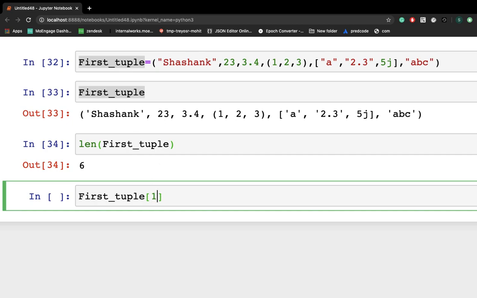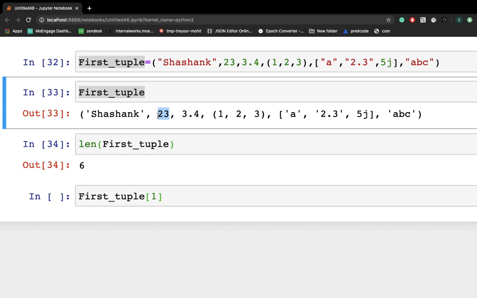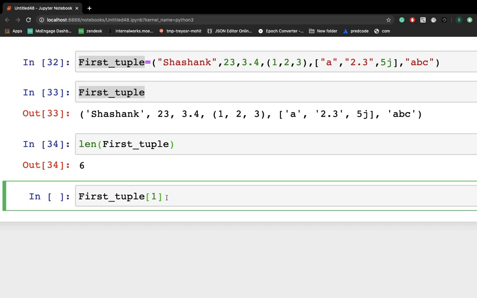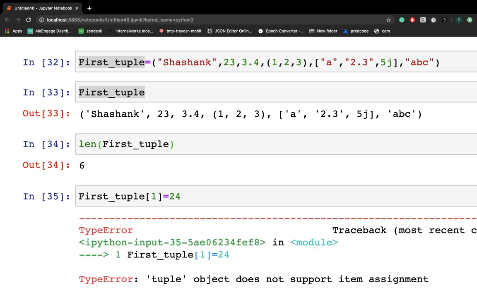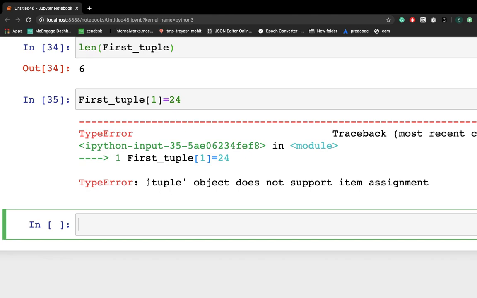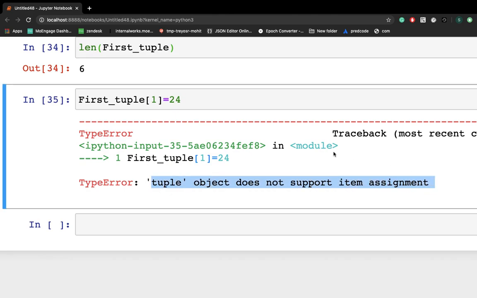If we have to change 23 to 24, we have to know the exact index number of 23. So this is my index number. Now I am changing it to 24, and you will get an error: tuple objects won't allow item assignment.